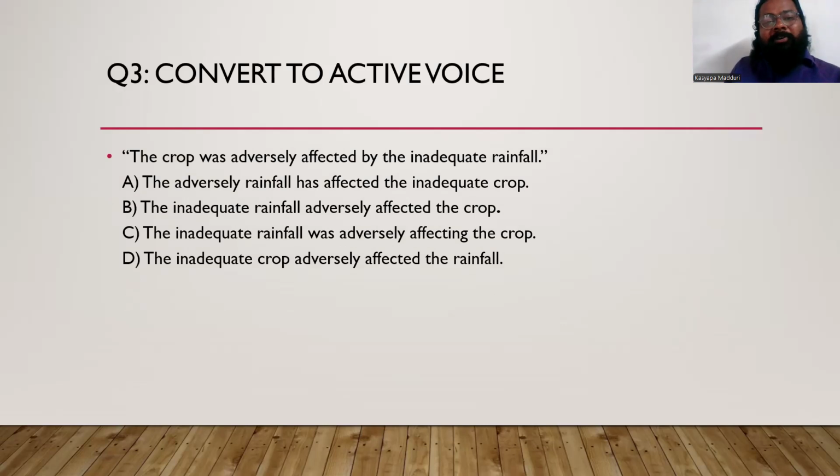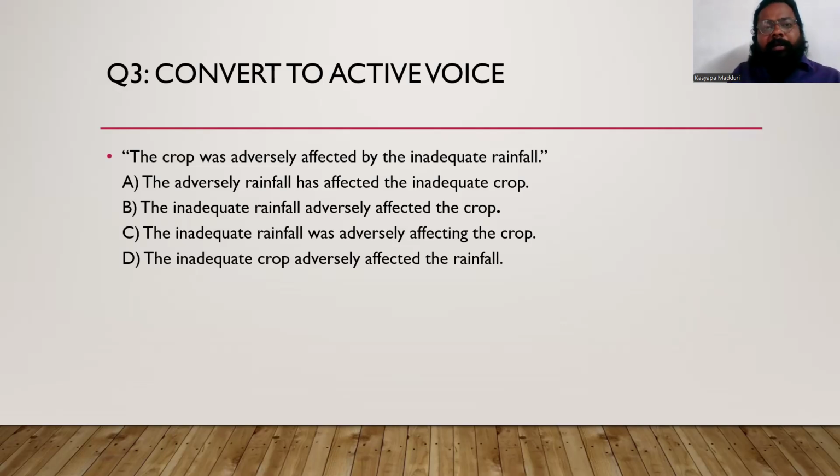Okay. The crop was adversely affected by the inadequate rainfall. That means a drought. If there is no rainfall, it is called a drought, right? The crops cannot grow. There will not be enough food for people, and people sometimes might die of starvation. So the government will reduce the prices of the food ingredients so that people can have some food to eat. As a government officer, you need to know all these things.